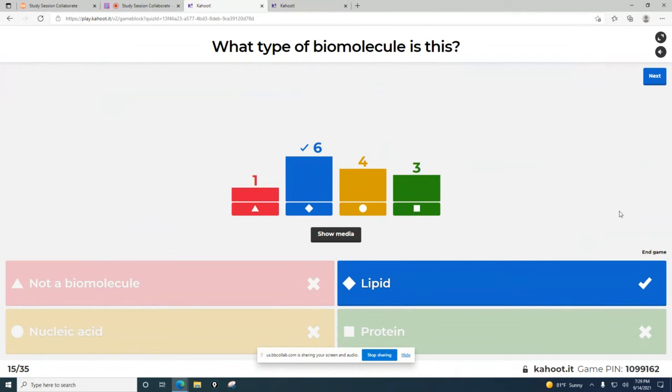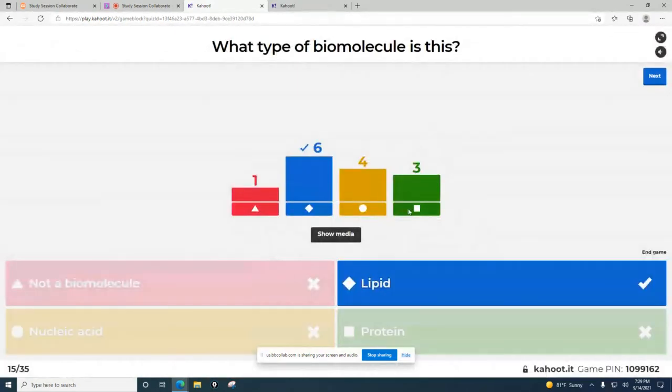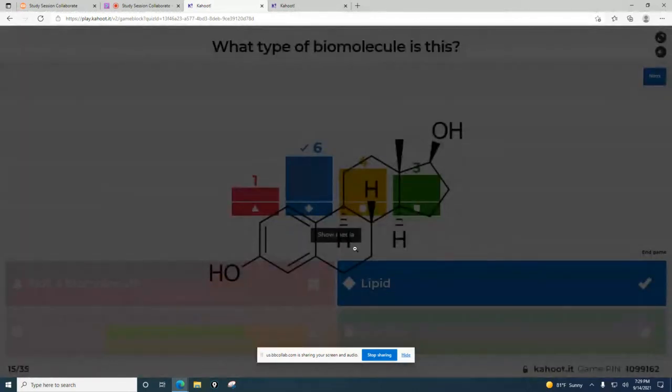Nucleic acid is protein. Okay, so who can tell me why lipid was the correct answer? The lack of oxygen. Lack of oxygen, right? I hate that it doesn't pop up correctly, but these 4 fused rings, do you remember that from lipids? What was that characteristic of particularly? Steroids, right? And those are a type of lipid. But even if you didn't remember that, like you said, the lack of oxygen.